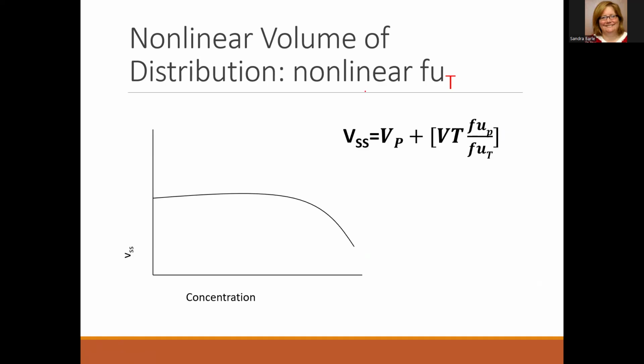What if there's nonlinear fraction unbound in tissues? So in this case, the fraction unbound in tissues will increase as it overwhelms those binding sites. I don't know of any clinical example of this, so this may be moot. But as this increases, we'll see the volume distribution decrease. Again, at lower concentrations, it's linear, and then it becomes nonlinear once the KD and concentration that's in the denominator there